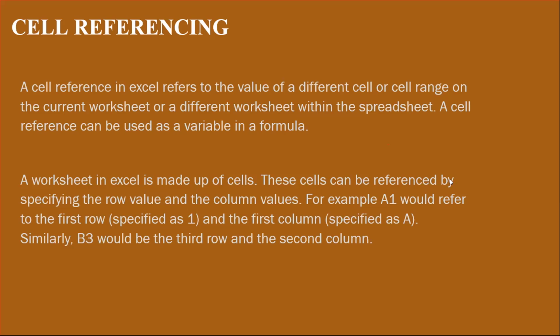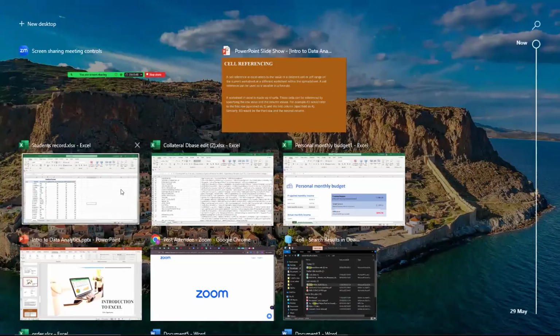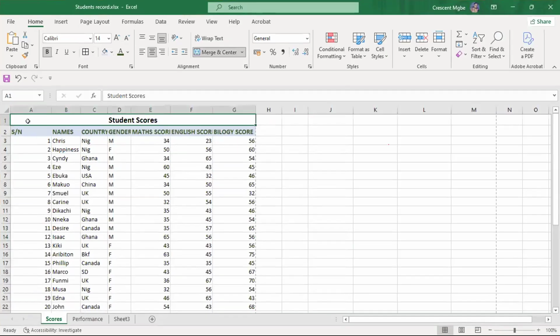These cells can be referenced by specifying the row value and the column value. We already know this. Row value means that's D4, maybe D5, D6, and all that. For example, A1 would refer to the first row. So this is what we are trying to say, that your A1, I think we've already handled this. So this is your A1, obviously. If you want to reference A1, if you come here